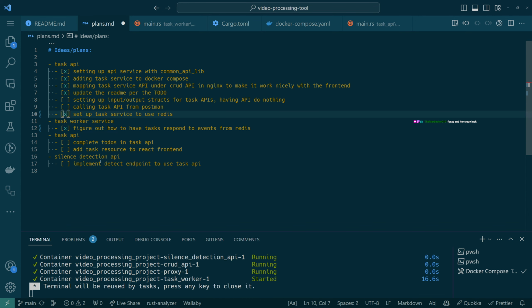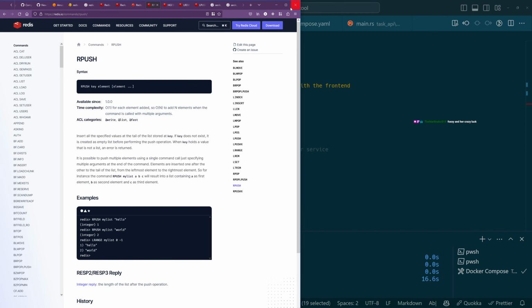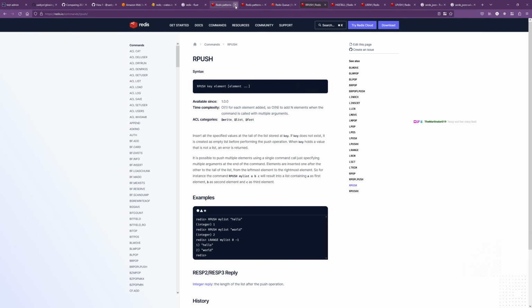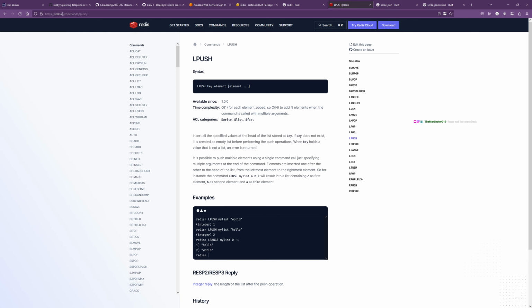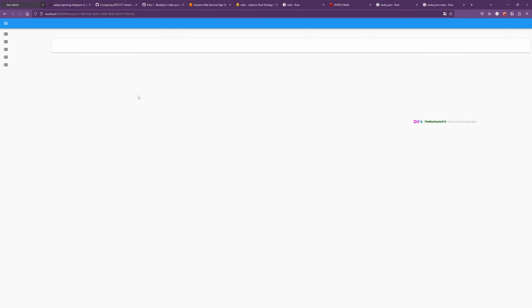We did that. Complete to-dos, and then in our front end, which for those that don't know, this thing has a front end. Where's my web browser? All right, I think we might actually be done with all these Redis documents. Let me close all of this. I'll leave one just so it's easier to get to. So we have a